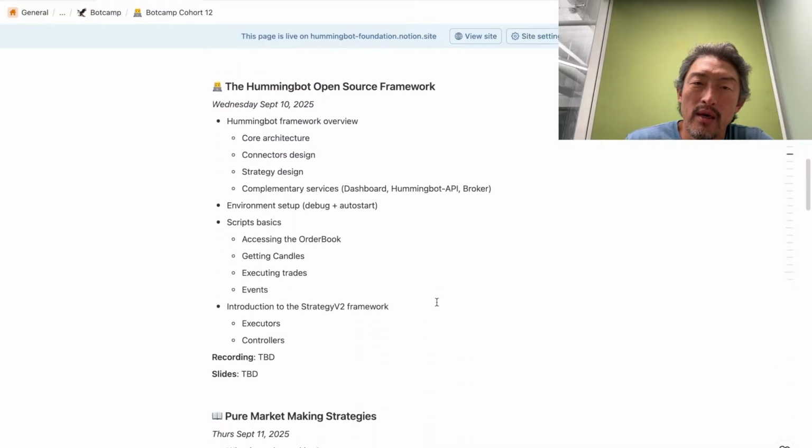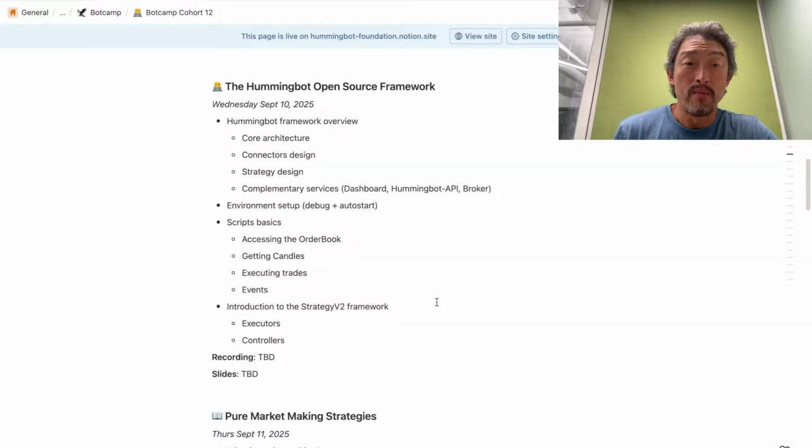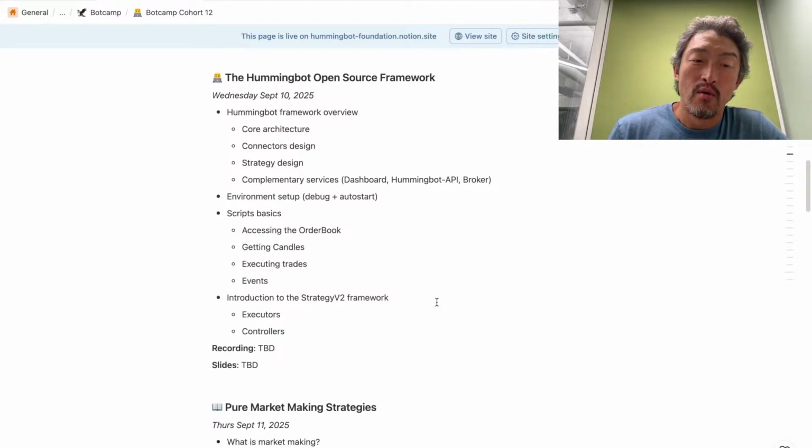In the rest of week 1, we go over the Hummingbot open source framework, how to do the basics, how to run basic scripts, and an introduction to the various strategy frameworks we have.